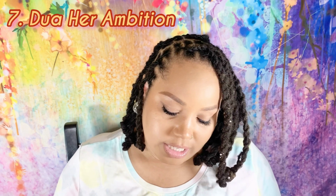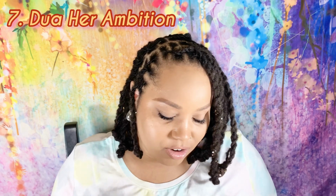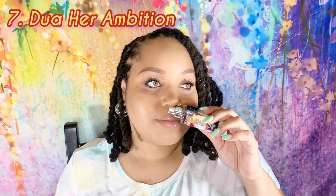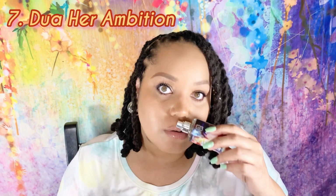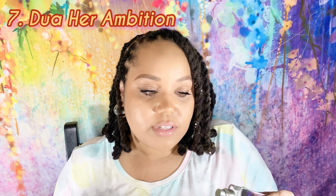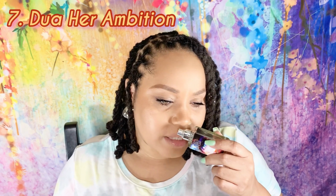The notes for this are ginger, mandarin orange, and black pepper at the top. It's so delicious for some kind of fruity floral. And I think it's the use of these fruits. They have quince in this. There's jasmine and orange blossom,